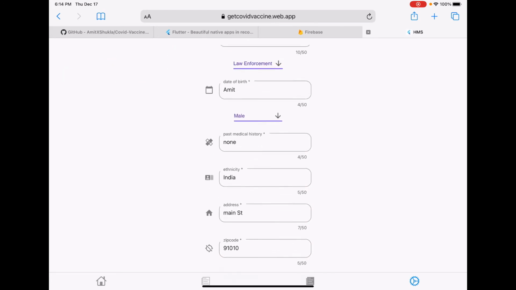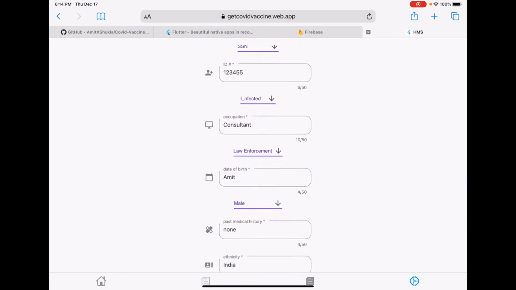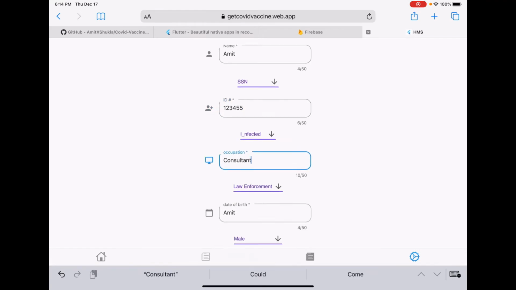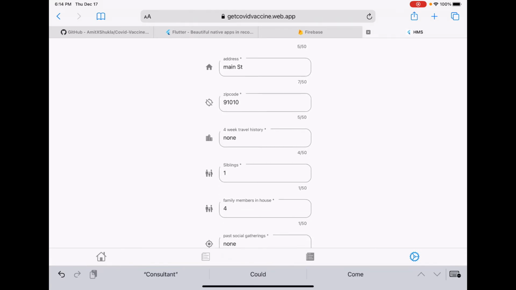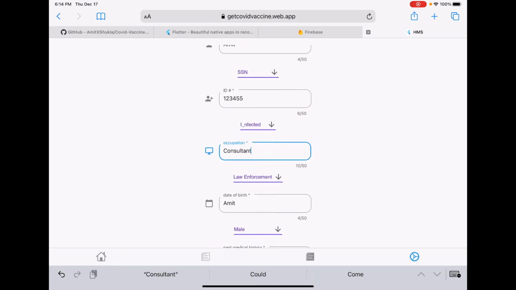If he clicks on get patient data, it is going to read all your patient information and bring it back here. So here, your healthcare provider, your doctor, sees all this information, very handy, and says, yeah, you know what, everything is good. And then he decides to give you the vaccine, or he can even decline it.